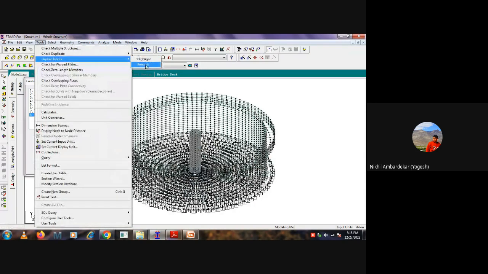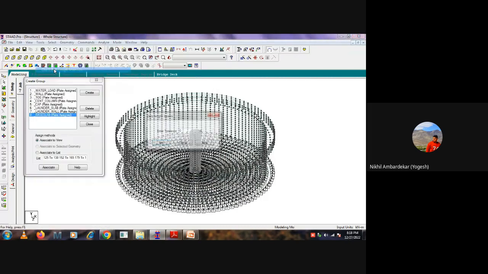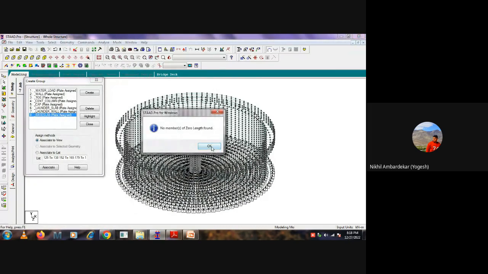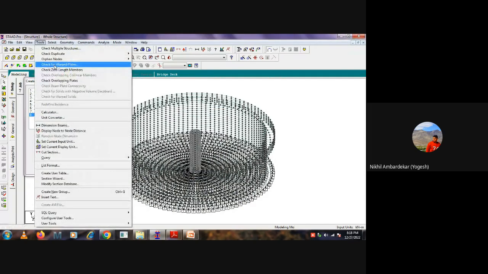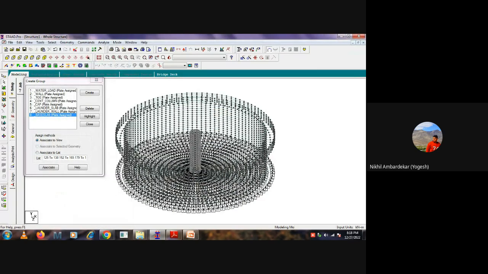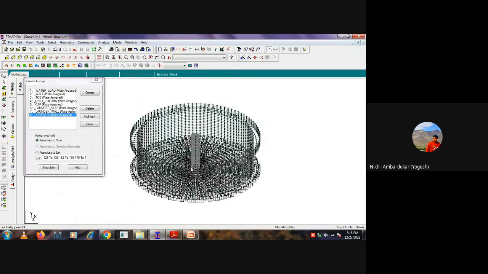Orphan nodes, if there are any we will remove them directly. Zero length member beam, if any: no. Wrap plate we might get here, because at the origin we have some plates having a critical aspect ratio, maybe. If I just keep the base slab open,